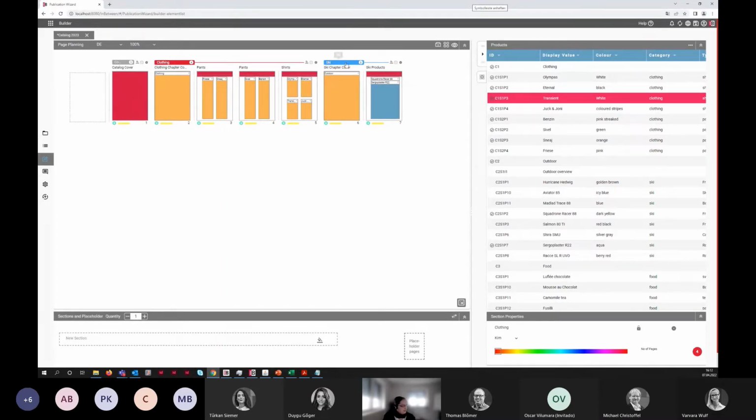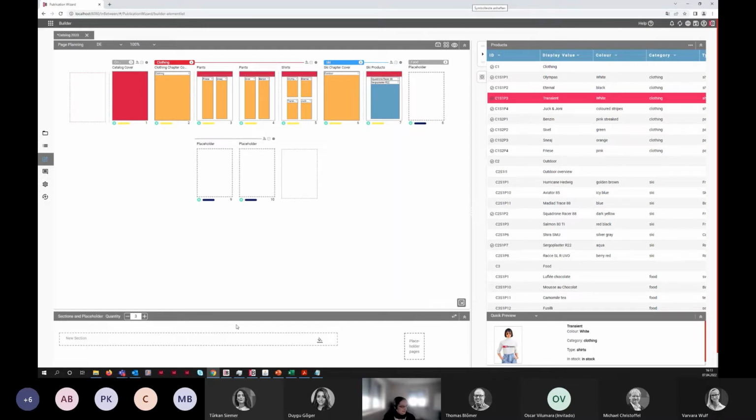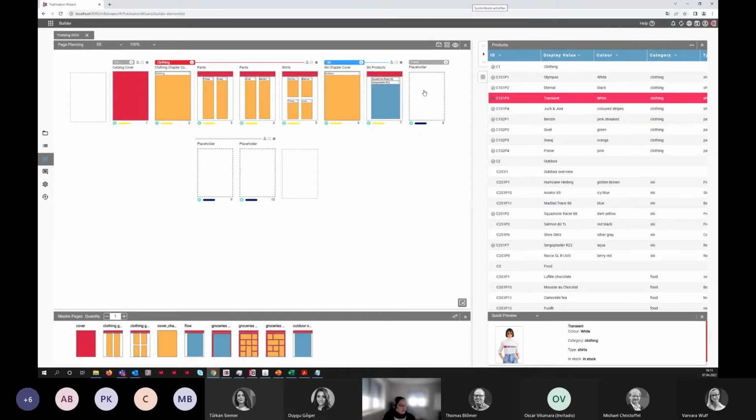Since we already have some of the sections here, I will just add a third one or a fourth one. So we're going with the food. I'm sorry, I forgot the most important part. You can say how many pages this section should get. Since we're just doing a small demo, I'll just use 3 of them, but you can go with as many as you want and as many as you need. So in this case, you will get one section with as many placeholders as you defined here. And once you have this here, you can then replace those placeholders